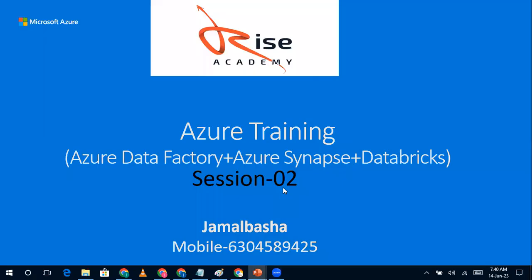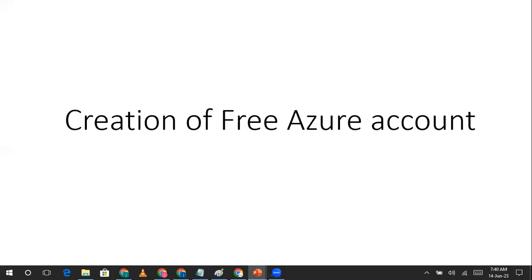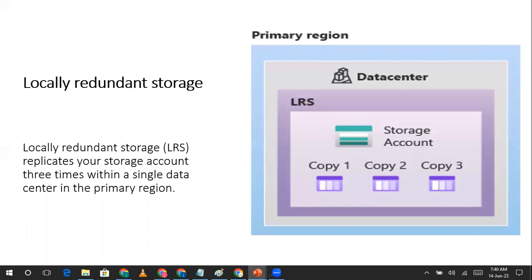So what we try to look at is something called redundant storage. The redundancy option provides us with four types of redundant options. So what does this actually mean? What is redundancy and what are the types of redundancy? The first one is local redundant storage, which is LRS, which is the basic way of storing your data into